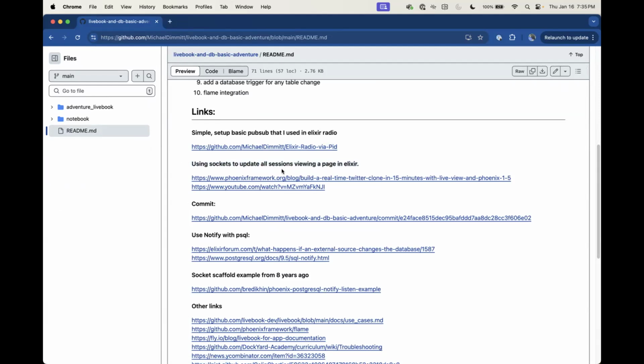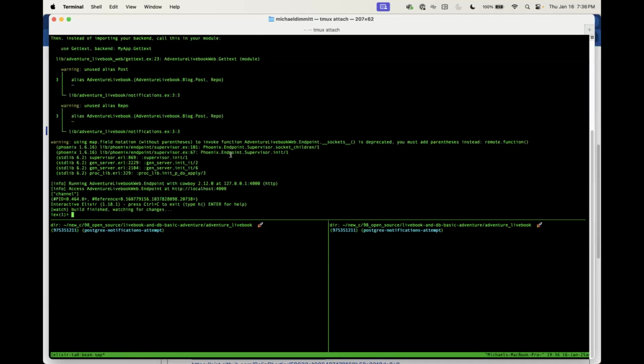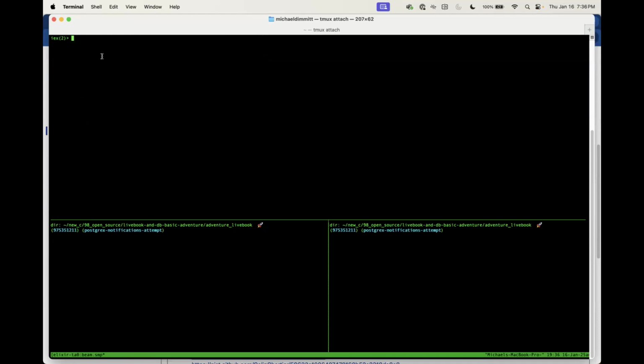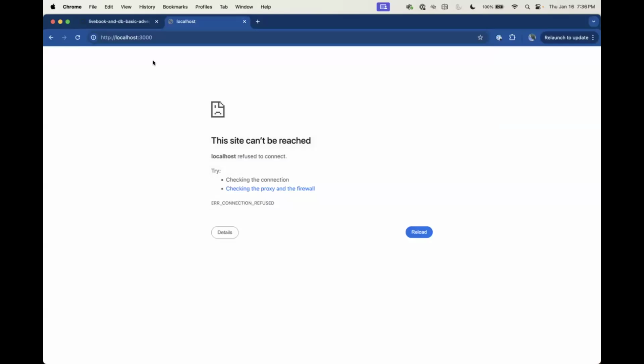So this was hard to figure out from the docs. Basically, when you spin up a LiveView application, which I can spin up right now, I'll put clear, but I'm running a Phoenix server. And when you spin up a LiveView application,